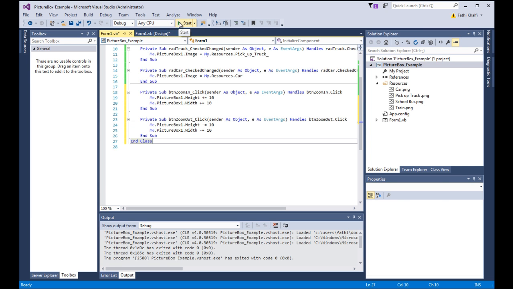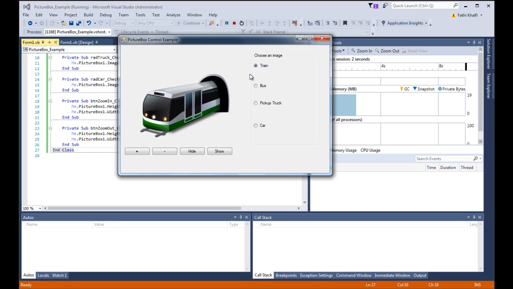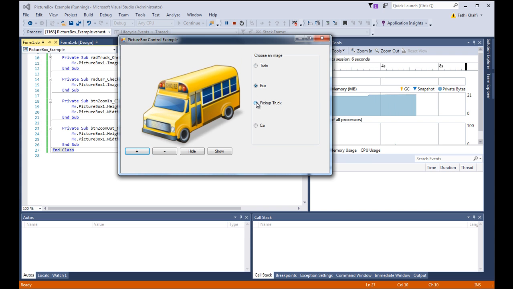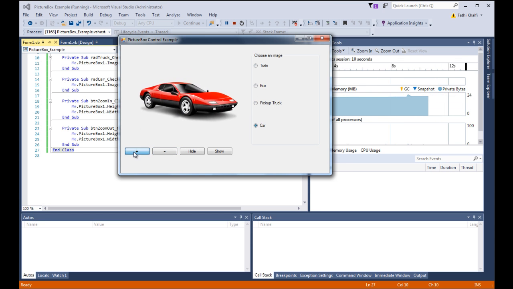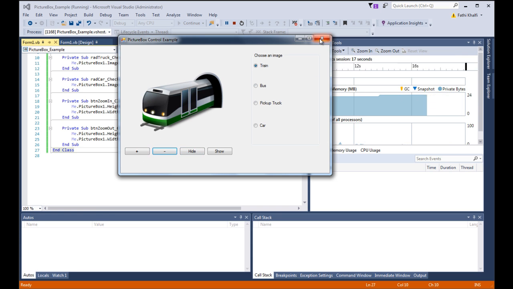I'm gonna run it, bring this here, change the image and zoom it out, the car, zoom it in, zoom it out, the train, zoom it in and zoom it out. All right,